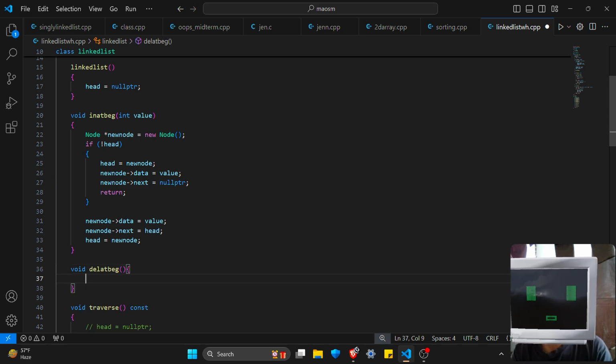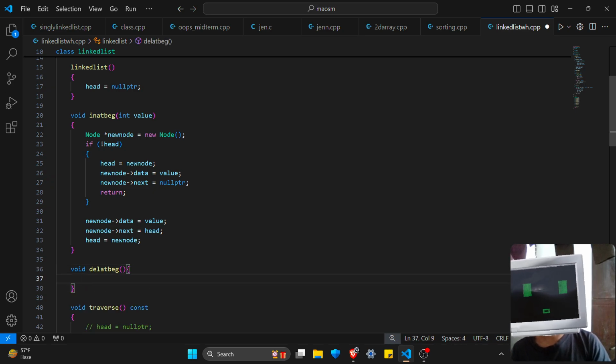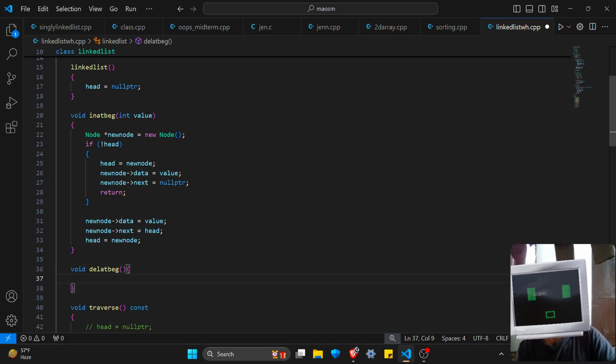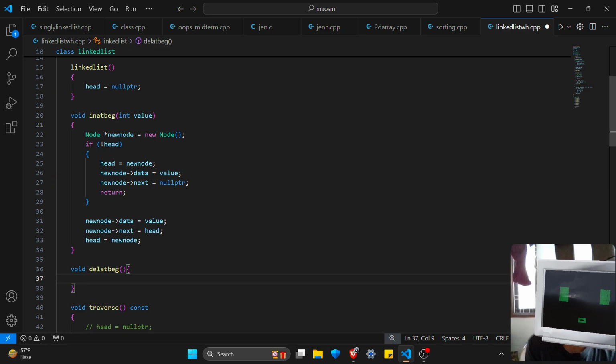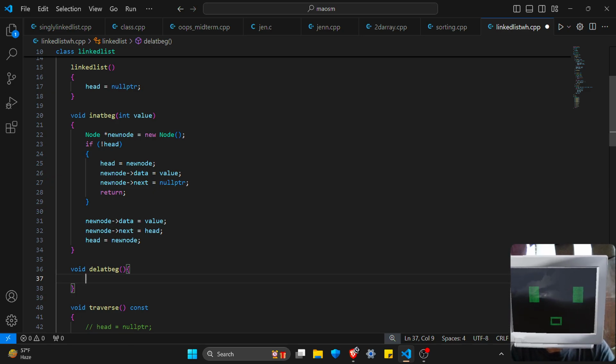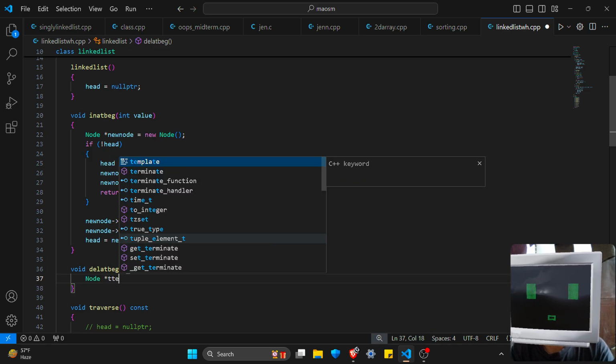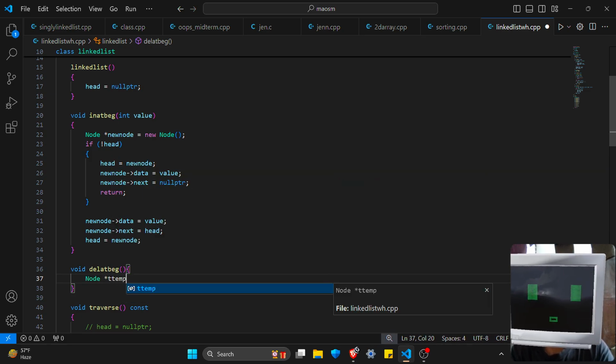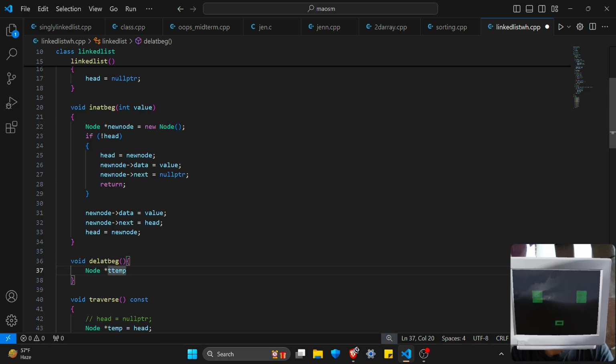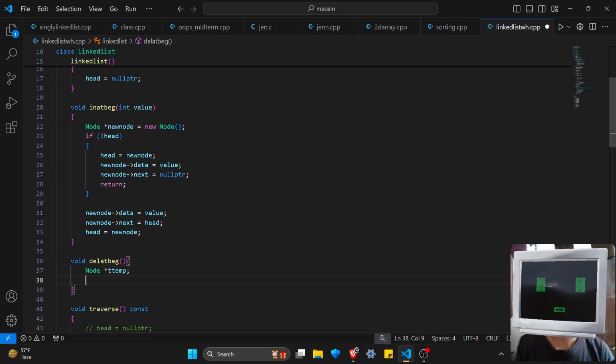So let's just repeat. Deletion at beginning means the very first node. We have to delete the very first node. So we will write again the temporary node. We will create a pointer of temp, the ttemp. All right. Now the thing will be that